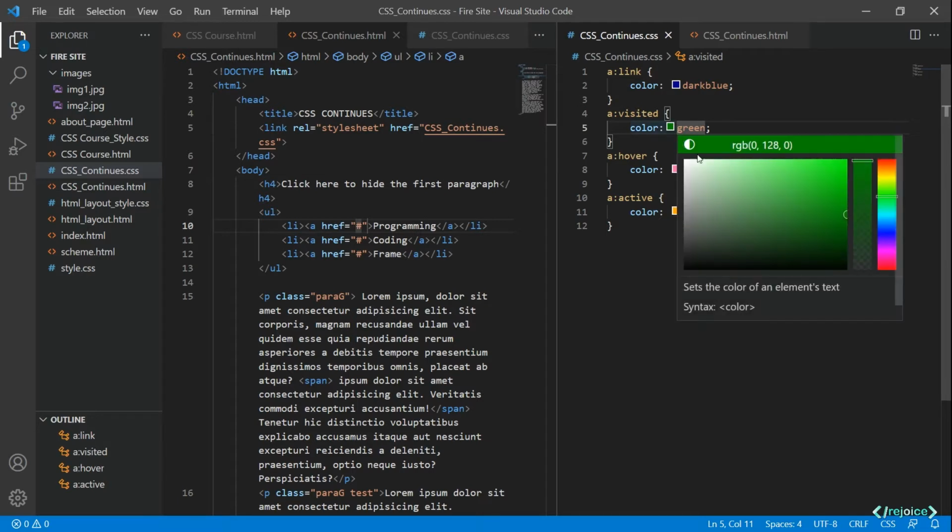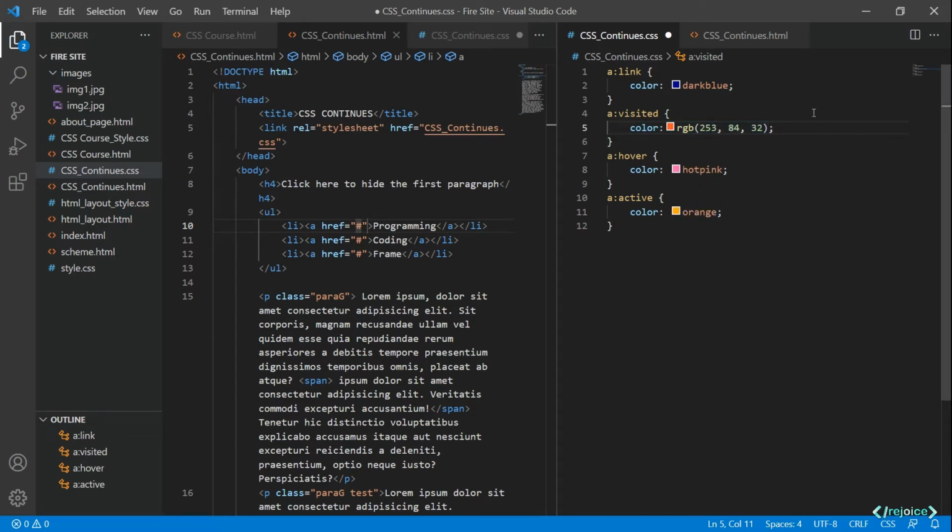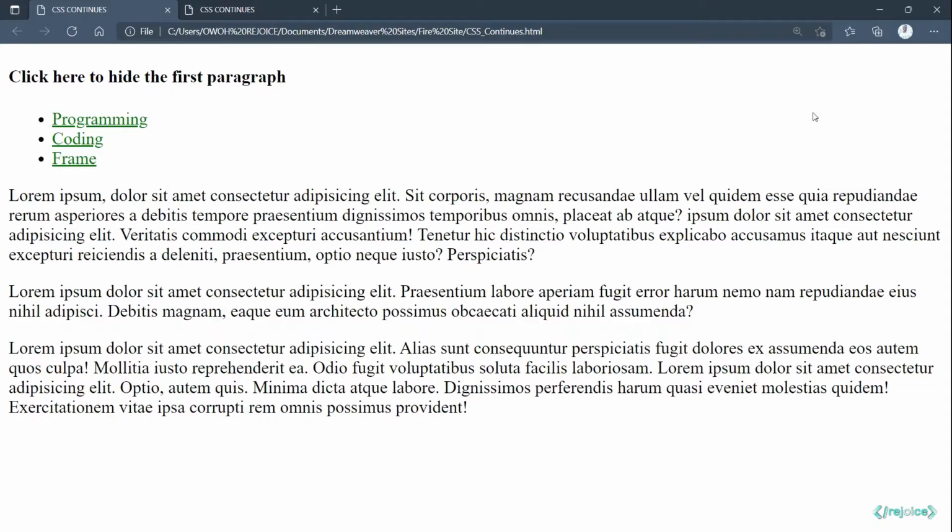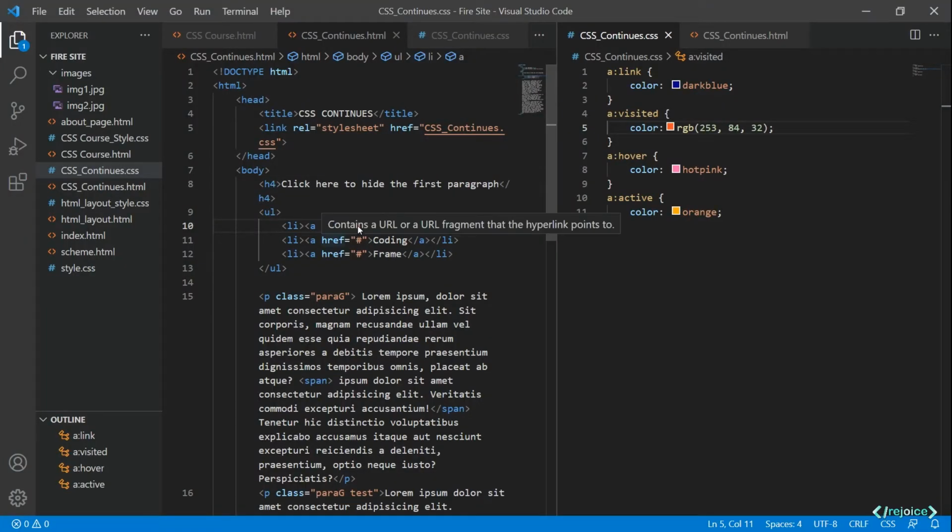What's wrong with my... let's just say I want to give it a red color. And let me save this file, come back here and reload it. You notice that, so why is it like this? Because remember we clicked on this link once now, and the three of them have one link,